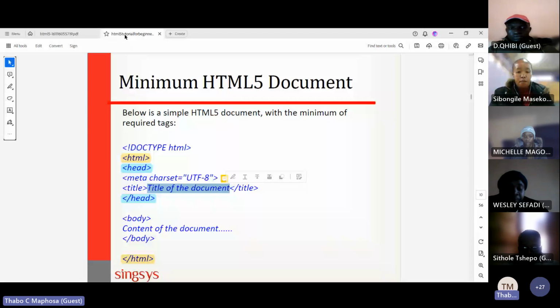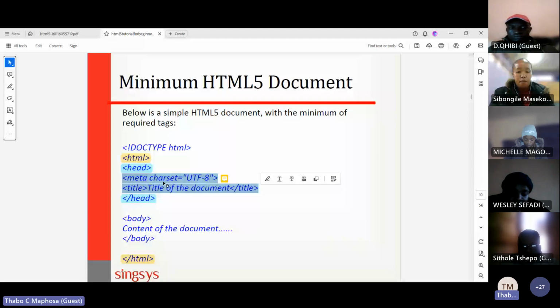And both of these are in the header. As we said before, whenever information is requested from a web browser, the first thing the web browser does is deal with these two. It first deals with the charset, and then it deals with the title.